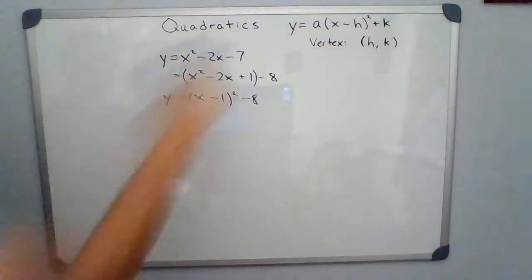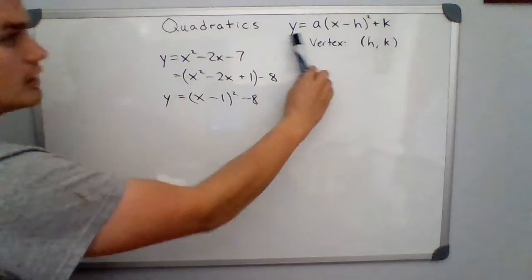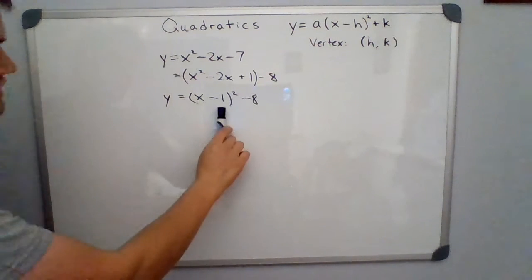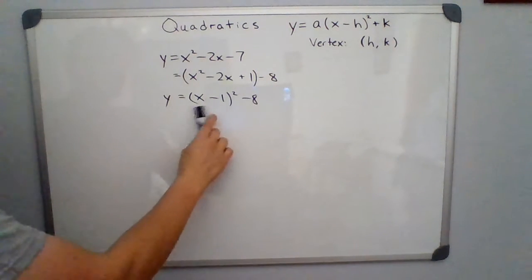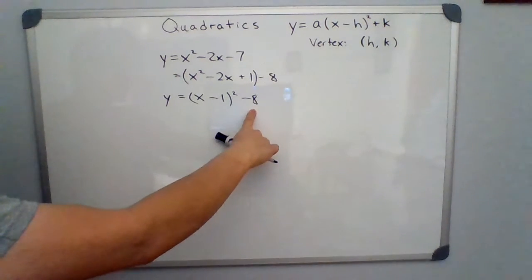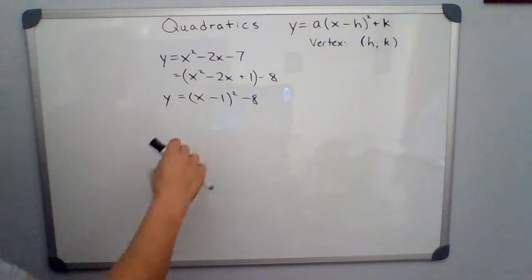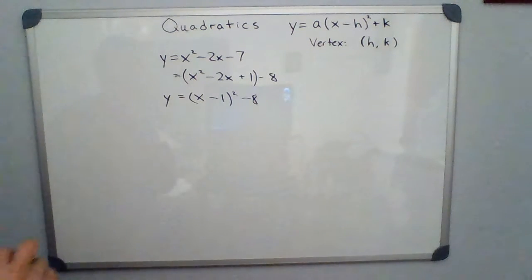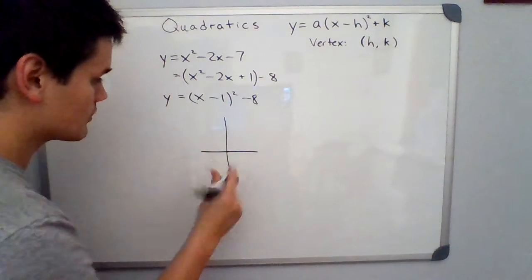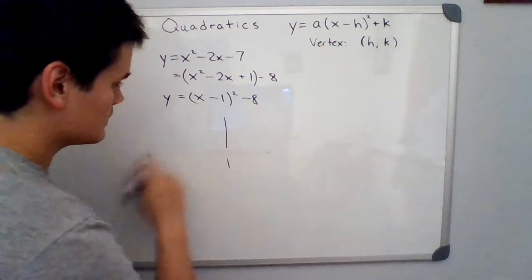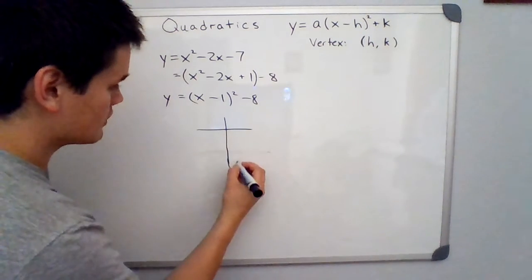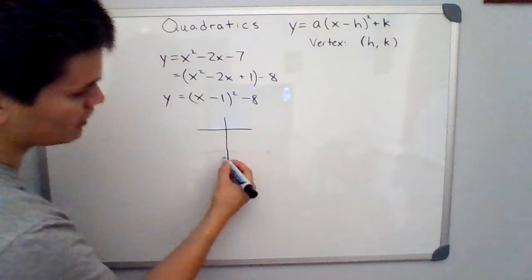So now it's in the same form as this. So we want to pay attention to the translations here. This has a horizontal translation of 1 and then a vertical translation of negative 8. So I know the vertex is going to be at (1, negative 8). So how that's going to look is it's going to look like this. If this is (1, negative 8),